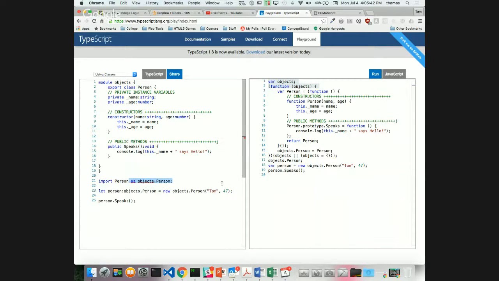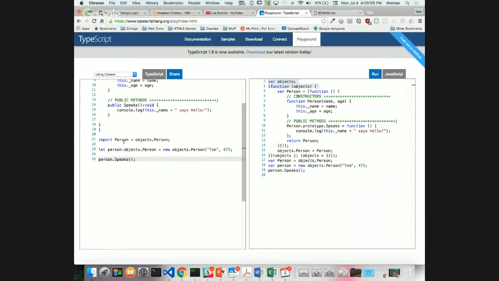We can also do person as objects.person here, right? That would work. Now, this is kind of weird. Notice how it says it's expecting a keyword like this, objects.person. So import person, objects.person. Now this works, but because I did this, I'm creating an alias for objects.person in my module where I can just do this again,